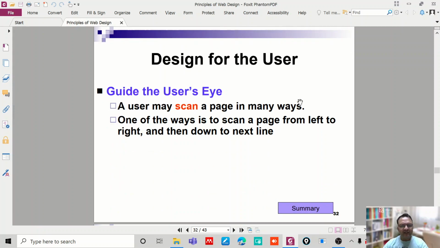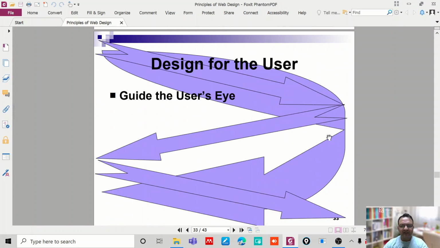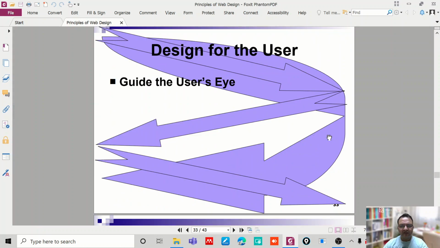So when the user is visiting your website, the user would be scanning your web pages in many ways. One of the ways is that the user would be scanning the page from left to right and then down to the next line. Generally the user scans the web page to get a glimpse of what kind of information it has.